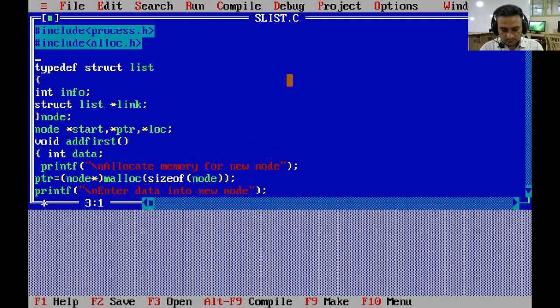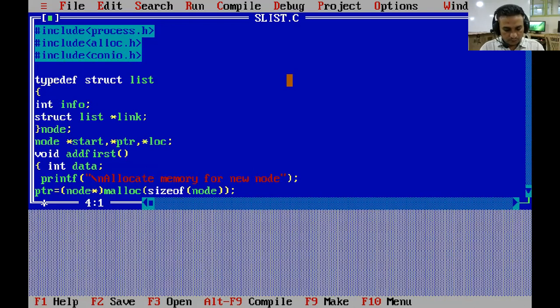And if we are using clrscr function, then we have to include conio.h, and for printf we have to include stdio.h header file.